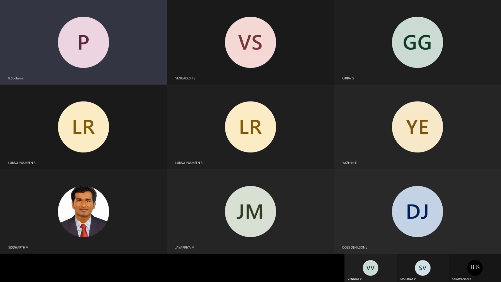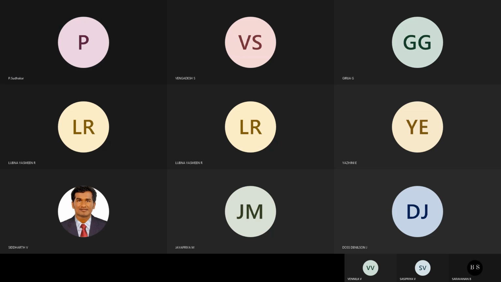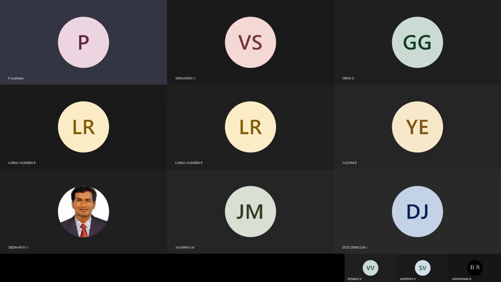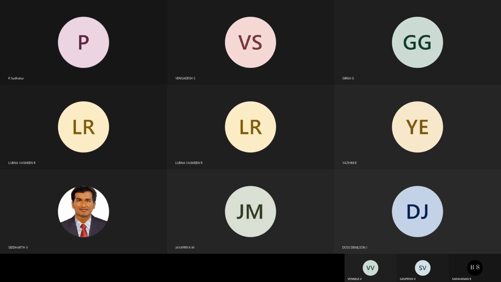So the Rayleigh number is Gr into Pr. The first component is Gr, the Grashof number. The Grashof number is 9.81 into 24 into 0.075 whole cube, divided by 330 into 1.88 into 10 power minus 5 whole square. This Grashof number is multiplied by Pr, that is 0.7.